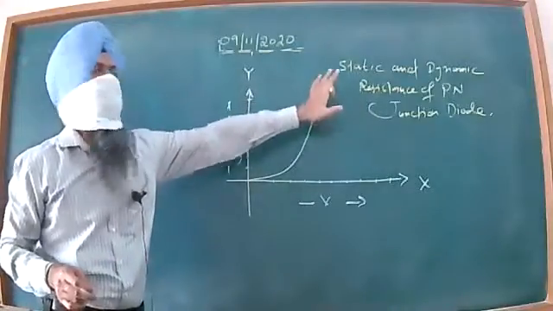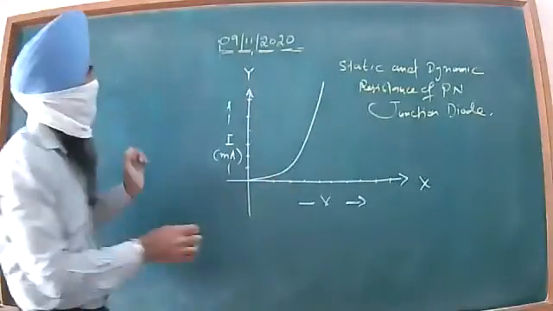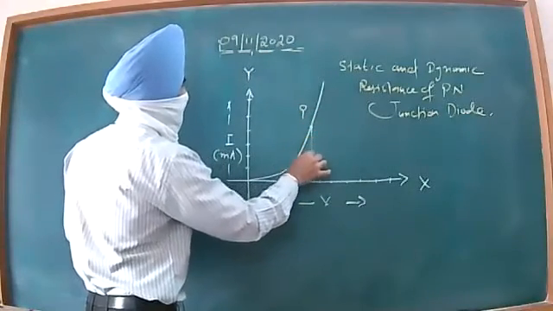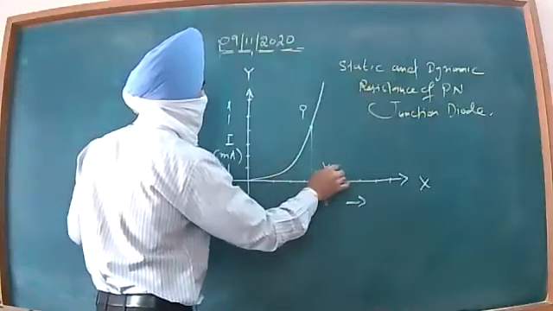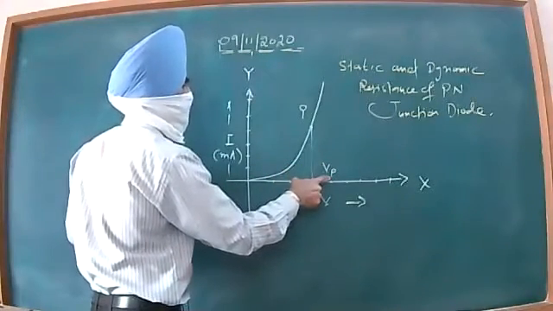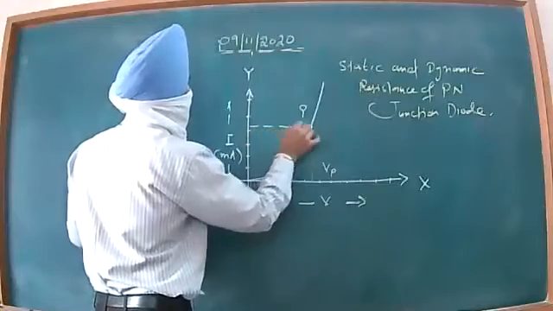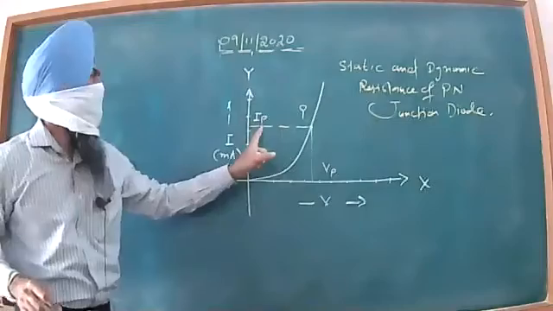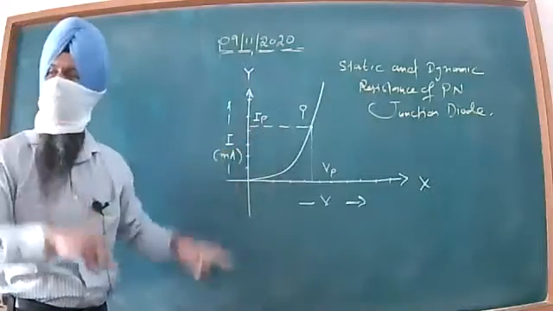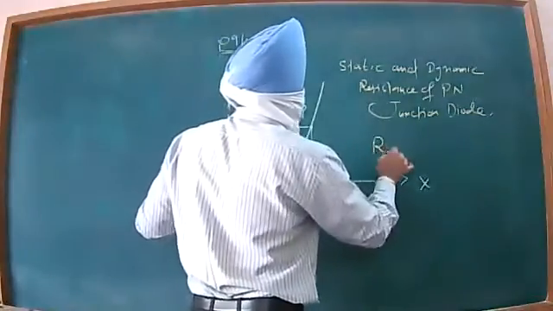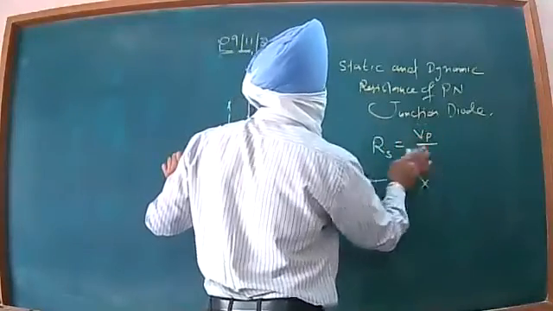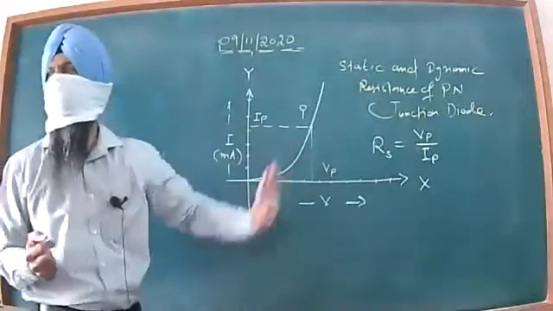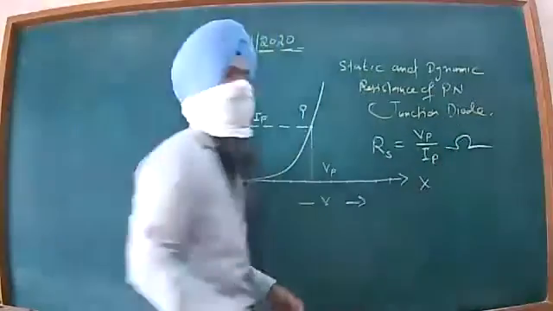Now, let me discuss static and dynamic resistance at this point. Suppose at the point P, we see that this much is the voltage at point P. V for the voltage, P subscript to indicate at point P, and this is your I at point P. The ratio of the voltage and the current at a particular point is called static resistance. That is R static. This is voltage at point P divided by the current at point P, it will have one single sharp numerical value. So many ohms it will be.